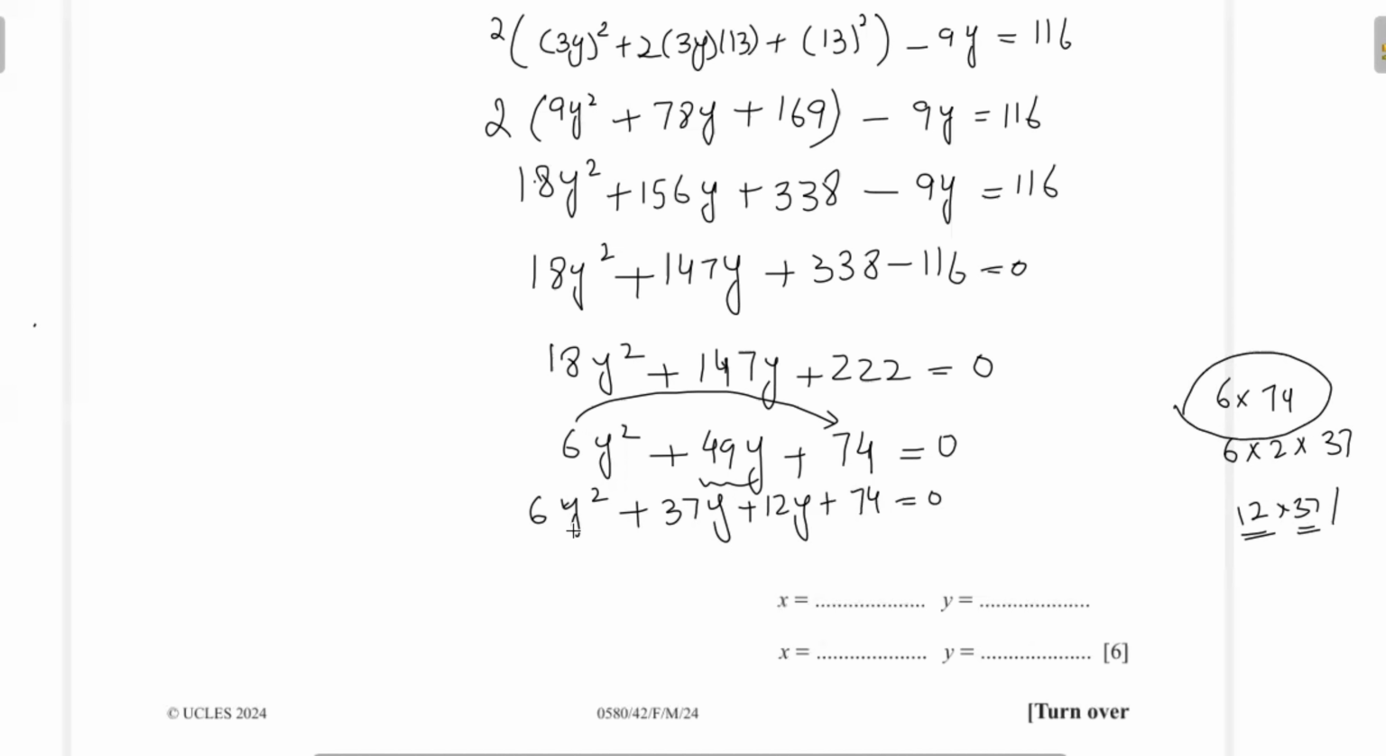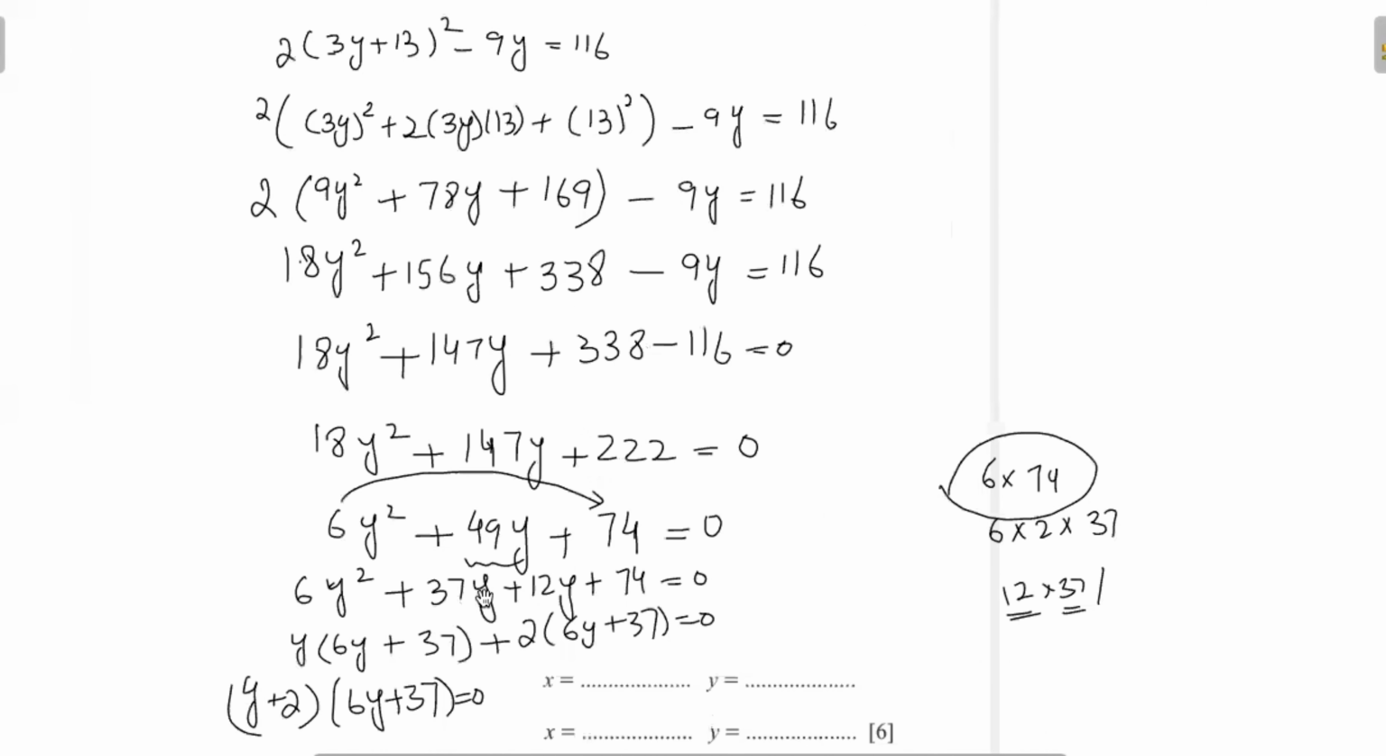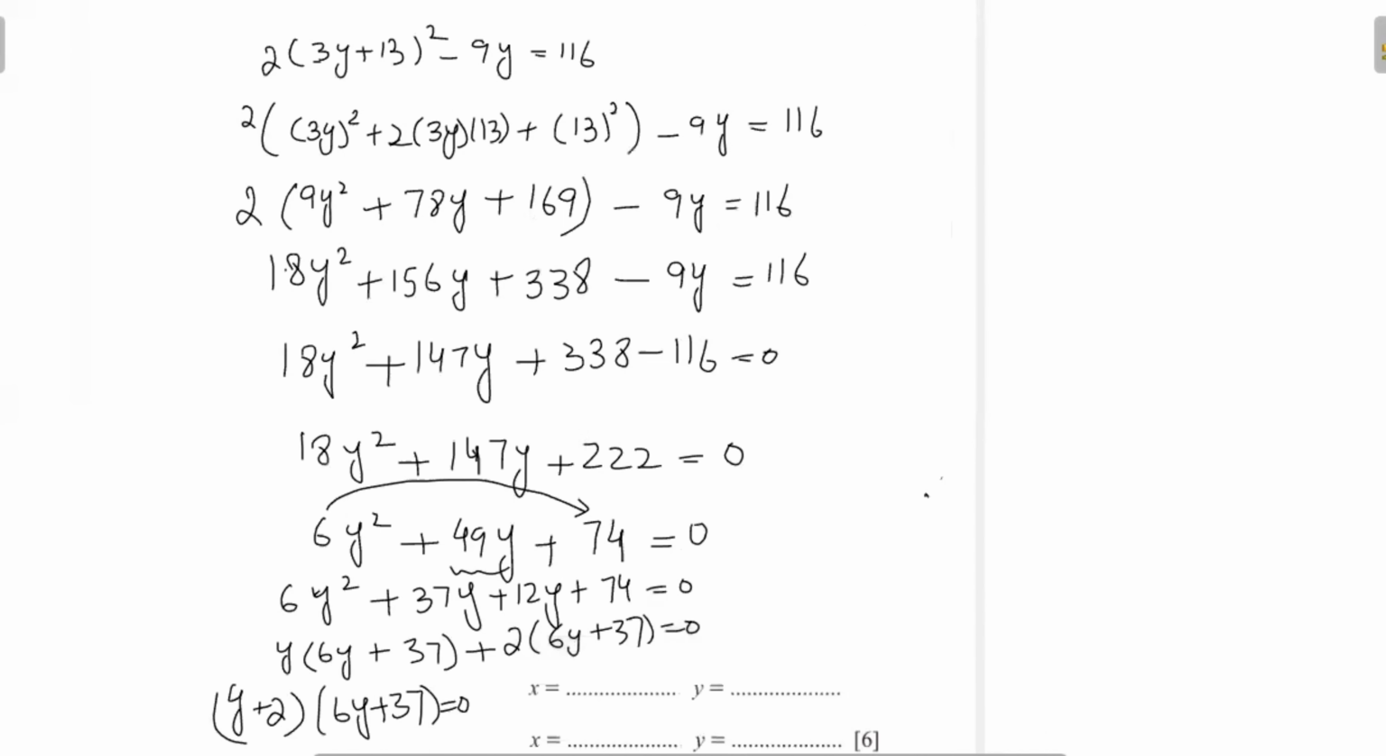Now we will take the common factor from the first two terms. You see here y is common, we can write 6y plus 37. And we take the common factor in the next two terms. You see here 2 is common, we can write 6y plus 37 equal to 0. Therefore, we get two factors: y plus 2 into 6y plus 37 equal to 0. Therefore, we get the value of y: y plus 2 equal to 0,